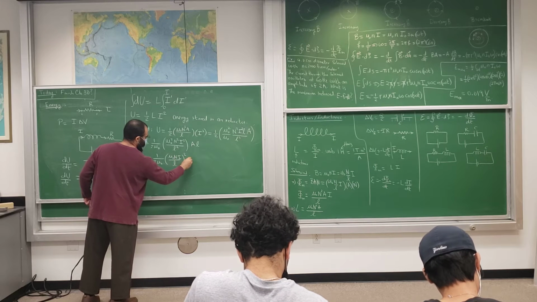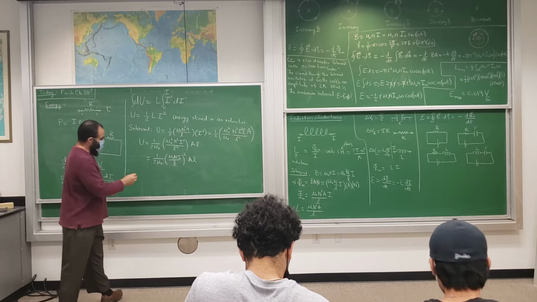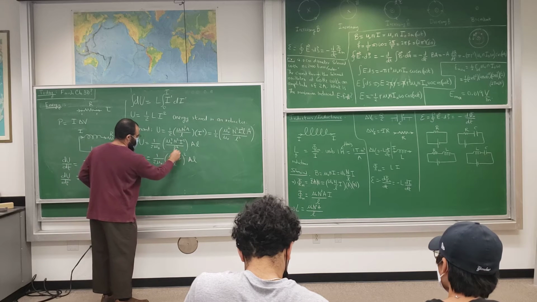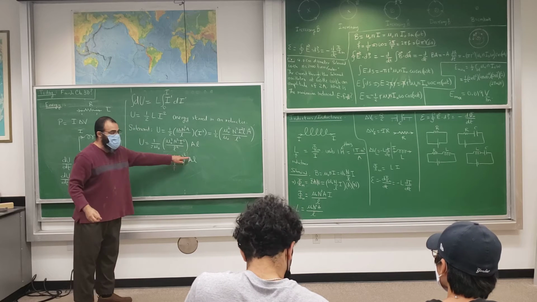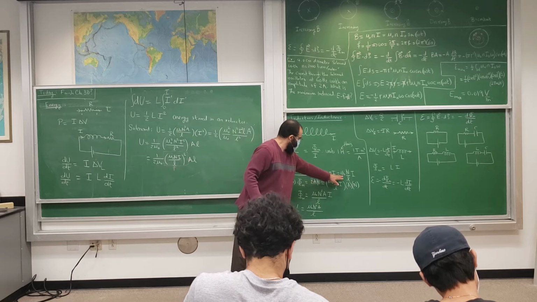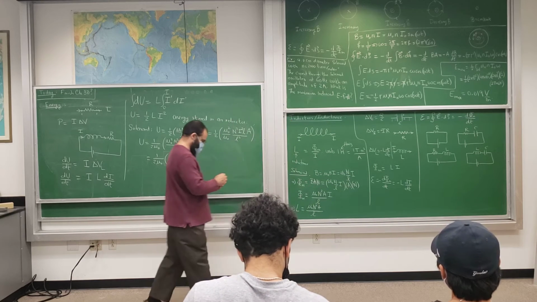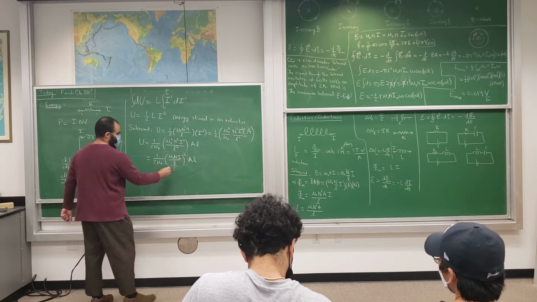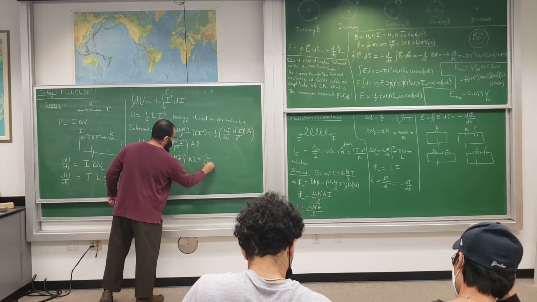Over L times A times L. And we recognized that this part is what? Yeah, that's B to the power 2, right? Because that's the magnetic field for a solenoid. It's mu naught N over L times I. So that's B, so it's equal to 1 over 2 mu naught B